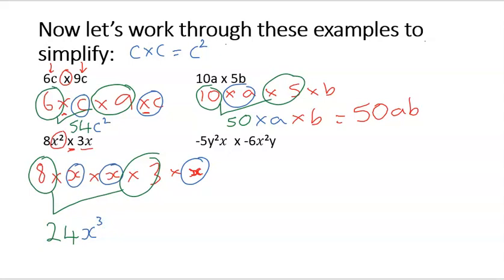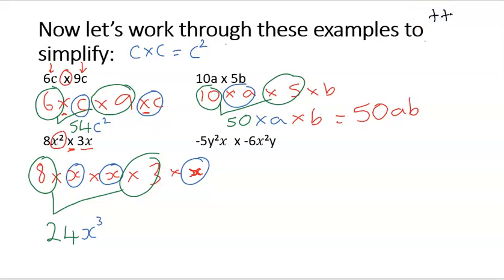Okay, so the last example has got negative numbers in it. We've got negative 5y squared x multiplied by negative 6 x squared y. So just a little quick refresher on multiplying positive and negative numbers. The little rule chart up here that I'm going to do will tell you that if the two numbers you're